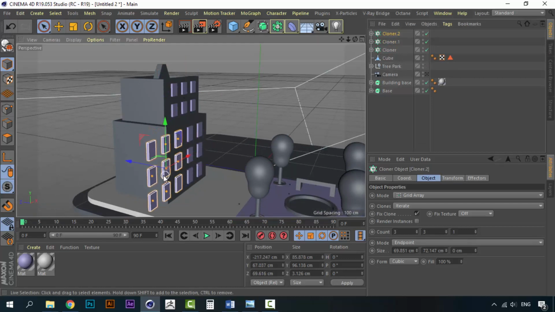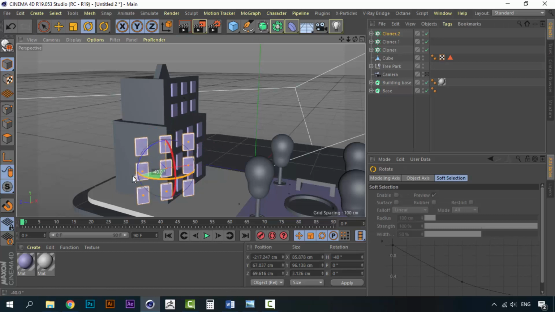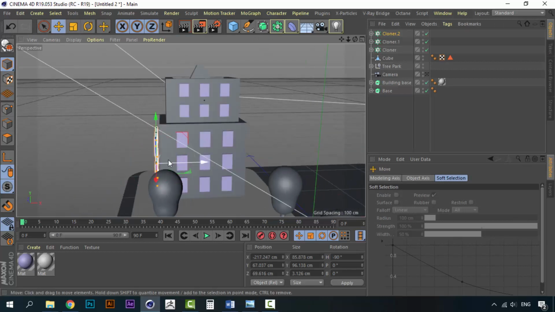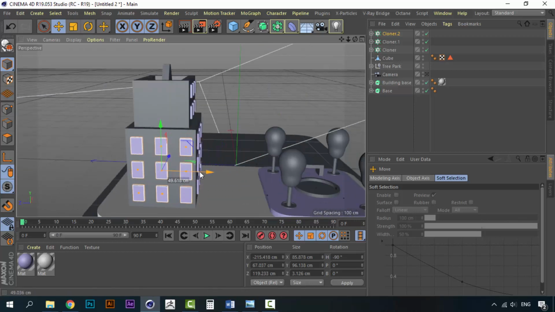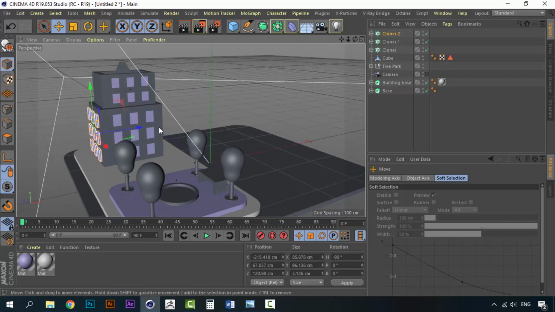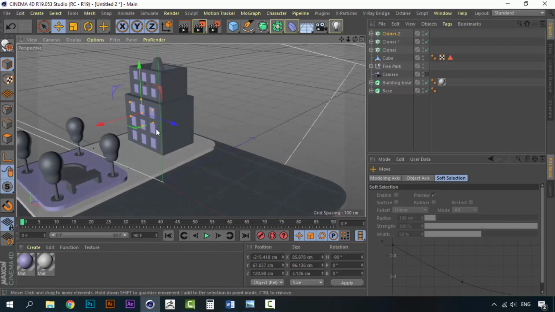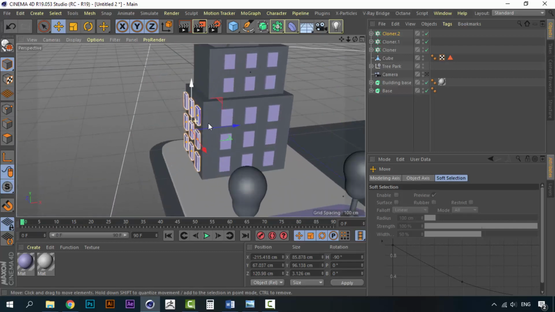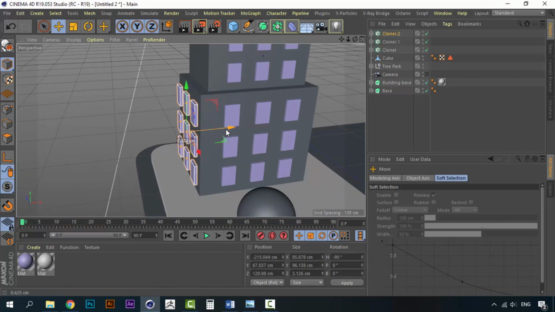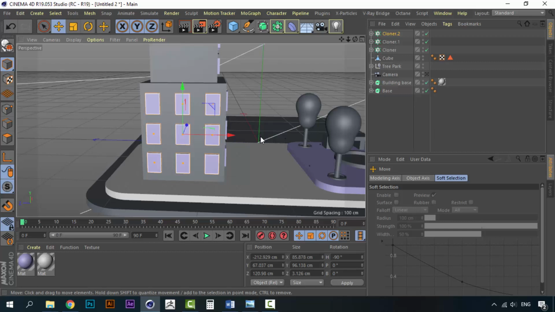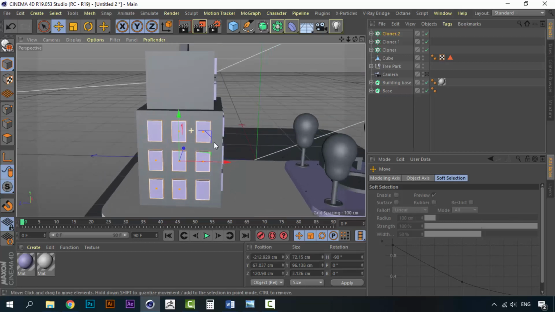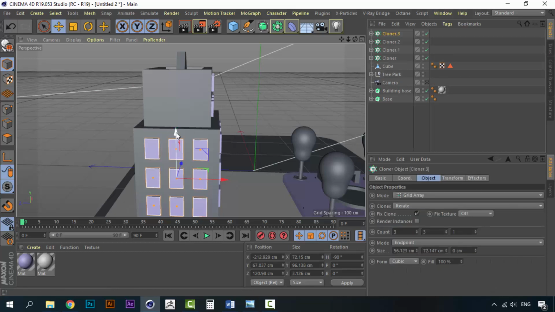And now it's time to repeat some duplicates, change the rotation 90 degrees, and stick it to this part of the building, the left side. We don't need to create some duplicates here because we're not going to see it on the final render. Alright, we can take this closer and create one final duplicate here,